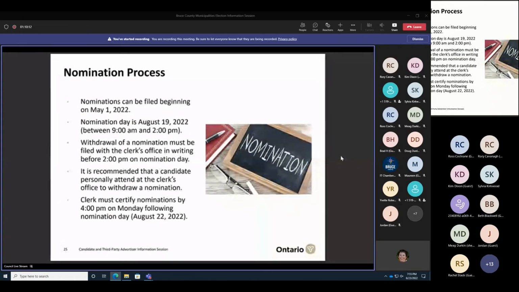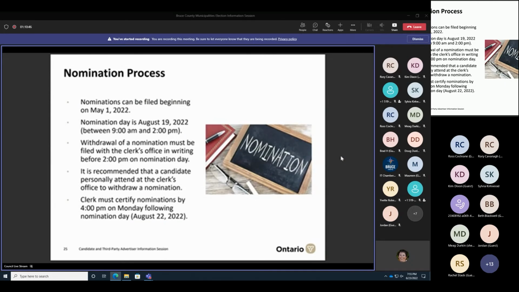So withdrawal of nominations: local election policies may state a candidate must personally attend the clerk's office to withdraw candidacy. If a candidate is in the hospital or incapacitated, this may not be feasible. If a candidate withdraws a nomination, they're still required to file a campaign financial statement covering all of the financial transactions made in the campaign. If they have not spent any money nor raised any funds, they can click on the box and sign the